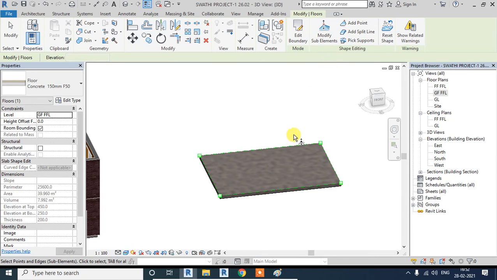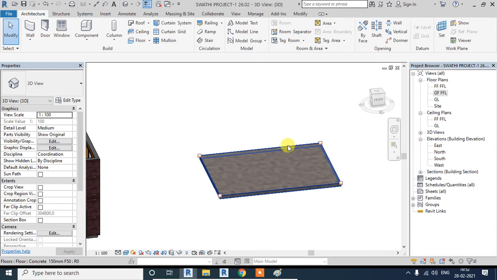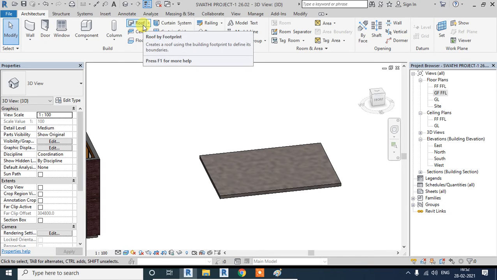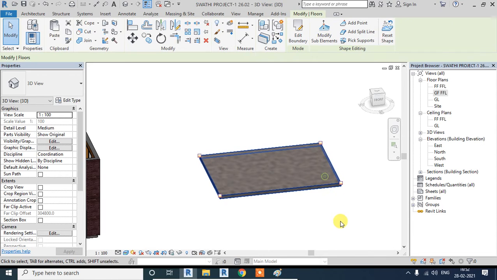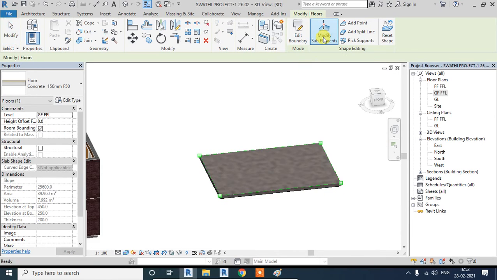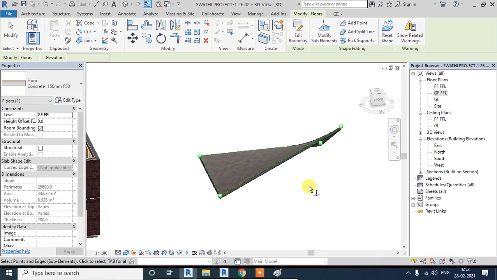So what these things are doing is, if you have a floor, it's quite simple. When you talk about your roof, it will be somewhat similar to your slab itself. The only thing is the material is changing and the thickness is changing. Am I right? So the same concept I will be applying to that. If I select this one and say modify sub elements, you will notice that it gives the edges and the corners, which I can independently move up and down. Did you follow that?